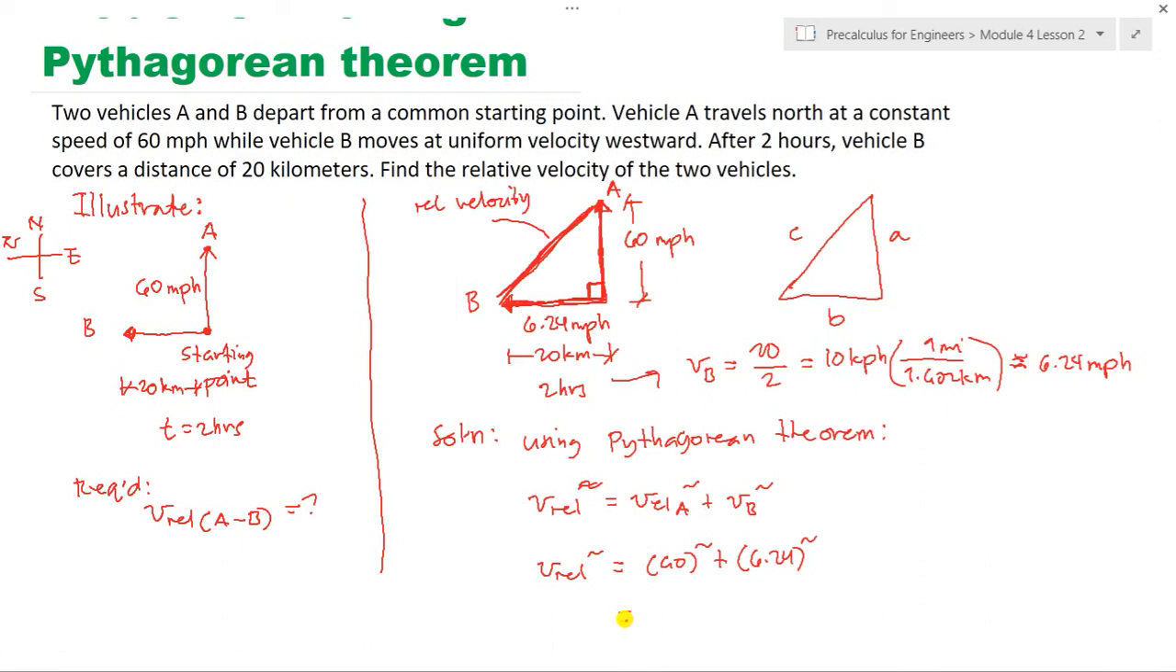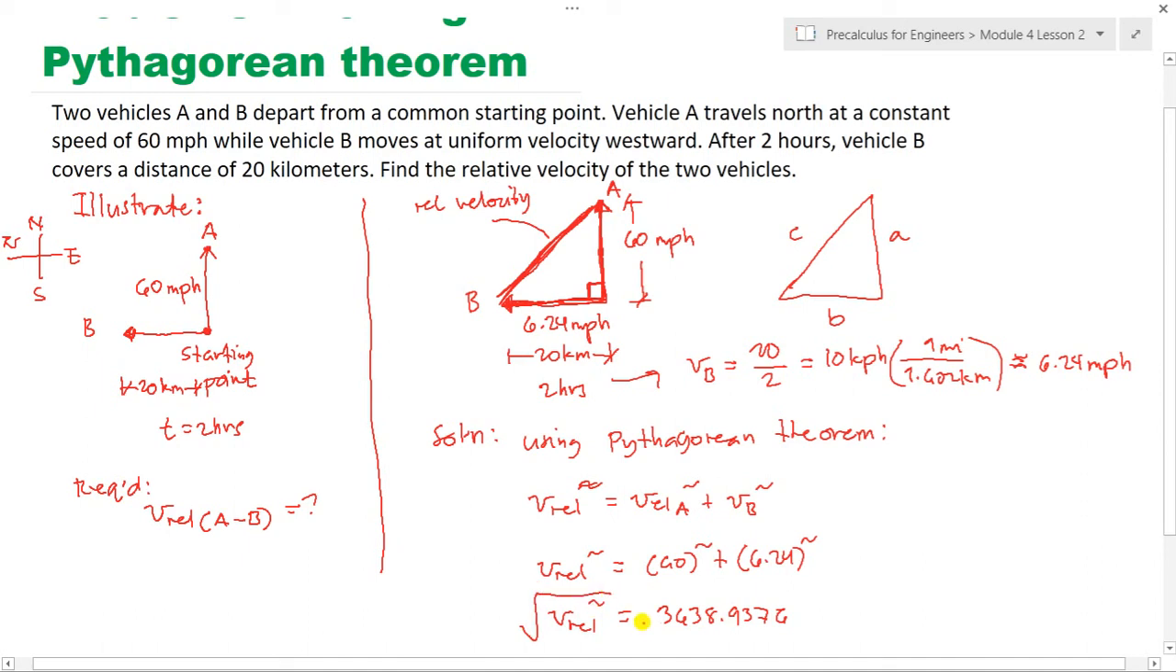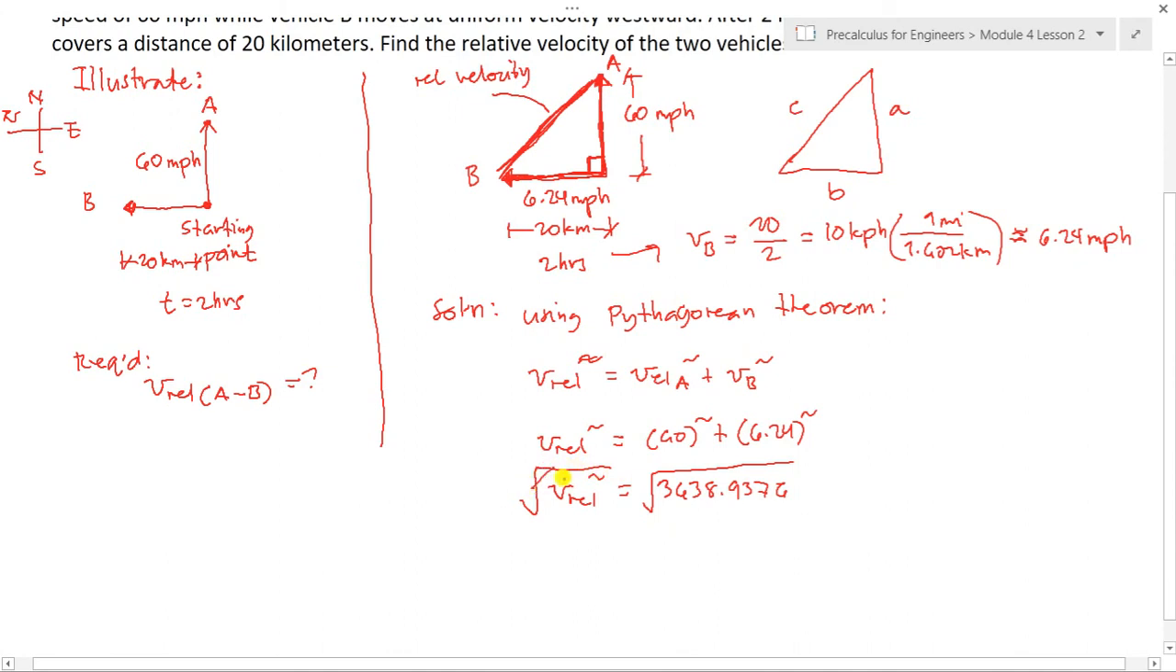The answer is 3,638.9376. Then, taking the square root of both sides, para yung makuha natin is yung relative velocity nila. So, we now have v relative is equals to the square root of 3638. So we now have 60.32. This is just an approximate value, miles per hour. So be consistent with the units class, and don't forget